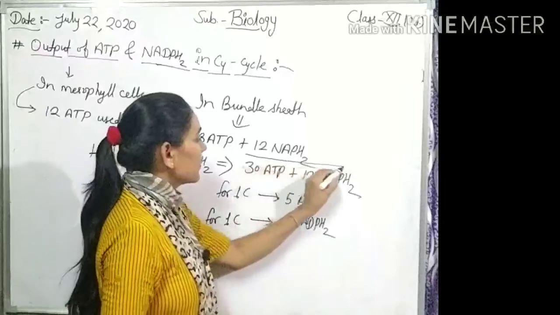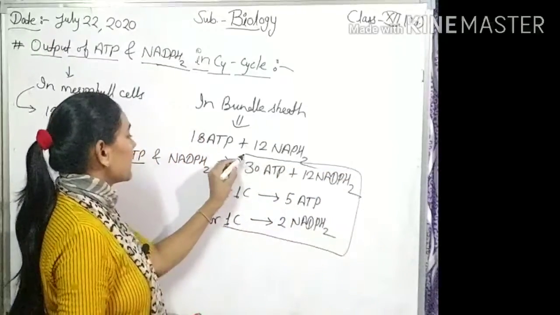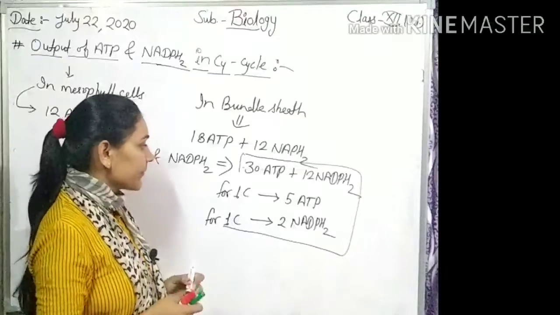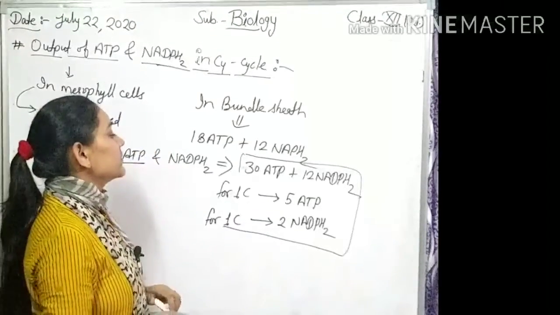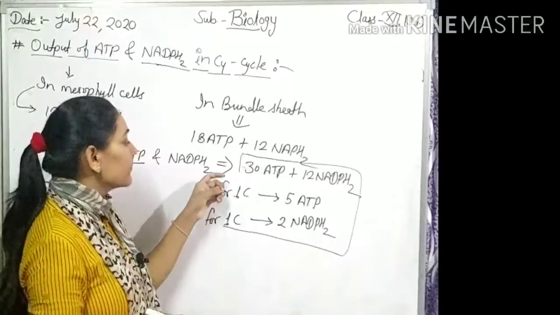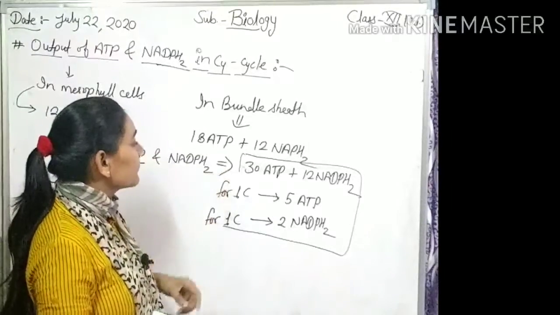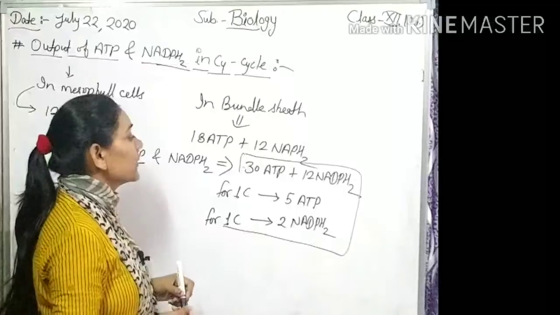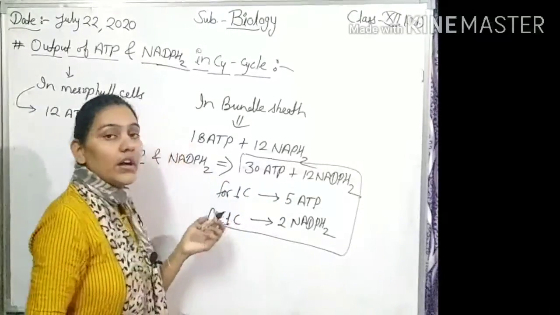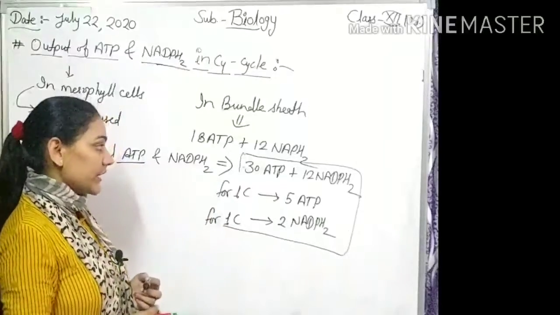So this is the net production of the C4 cycle, and it is also beneficial because the ATP and NADPH2 accounts are more compared to the C3 cycle,